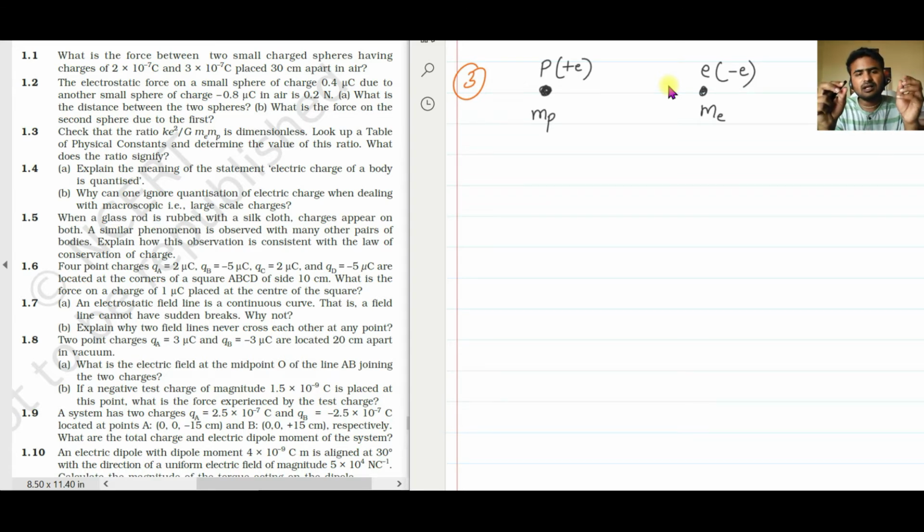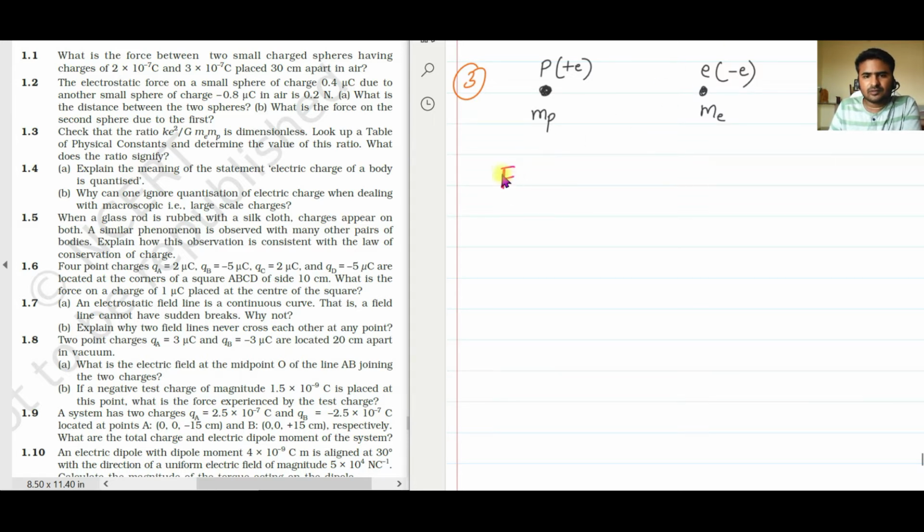Gravitational force will be there the moment you say there are two masses. The moment you have a mass, there will be a gravitational force between the two masses, right? This you have studied in the 11th standard, gravitation chapter, and while doing the concept I also explained that the electrostatic force of attraction between two charges is very similar to the gravitational force of attraction between two masses. So anyway, now let me write the force between two charges.